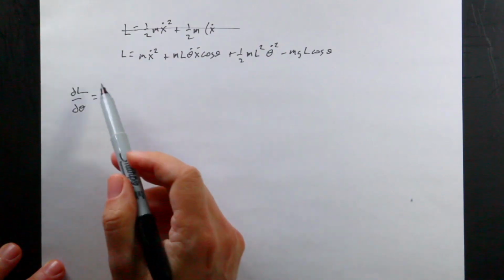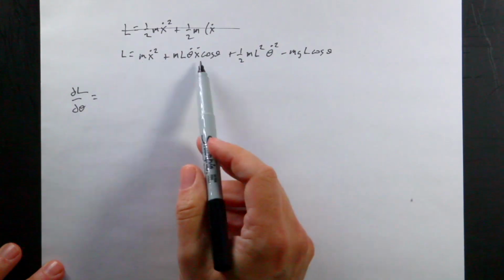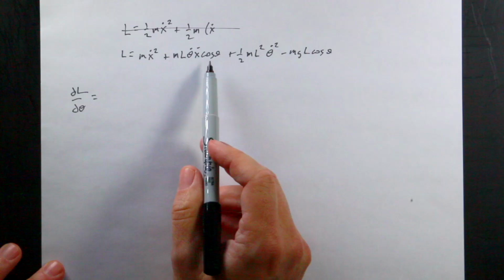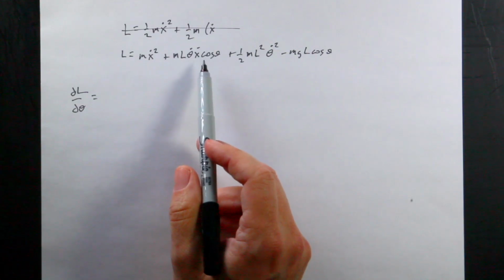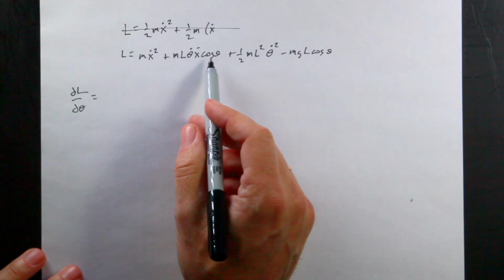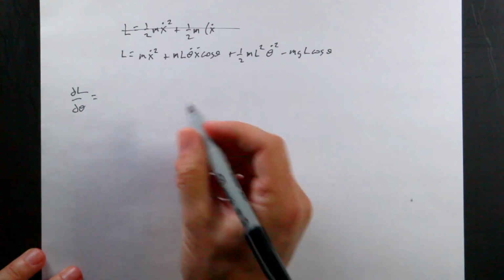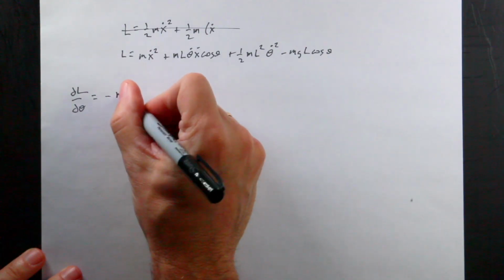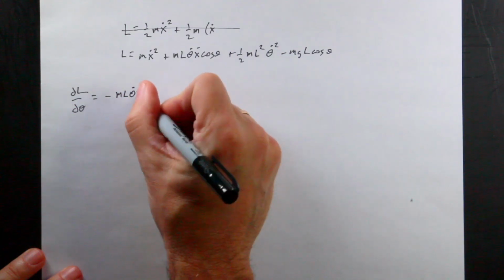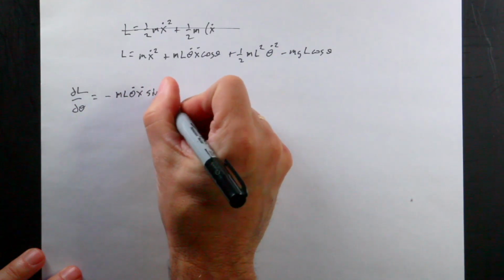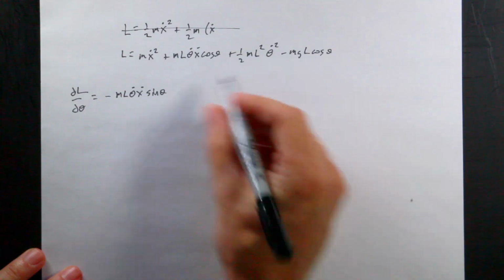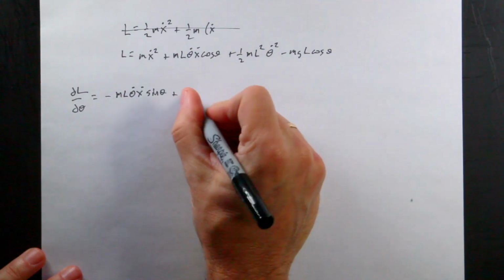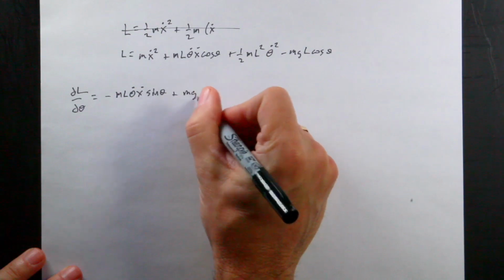Okay, so I'm looking for terms that have theta in it, no theta. Here's the theta, and I'm taking a partial. So the partial of cosine theta with respect to theta is negative sine theta. So I don't have to worry about taking the derivative of the theta. It's a partial. So I get minus m L theta dot x dot sine theta, no theta there, here's another theta, and I get plus m g L